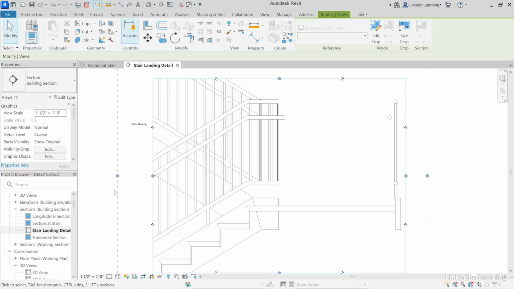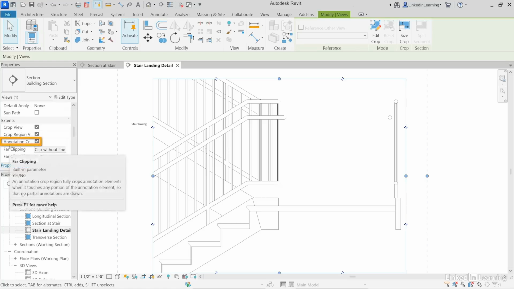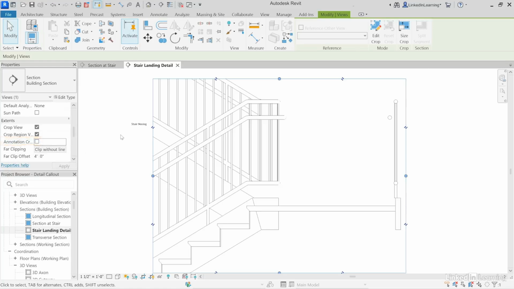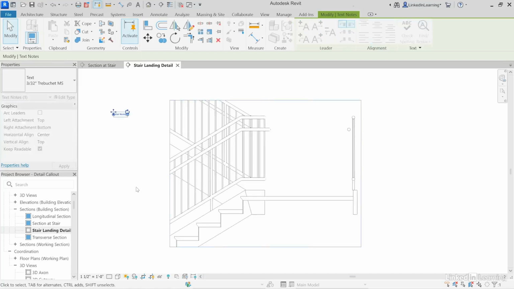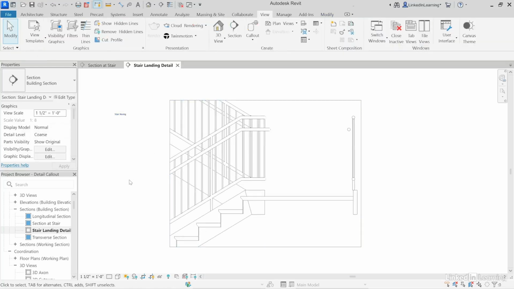It turns on by default, but you don't have to leave it on. And I don't think it really contributes much to this detail. So I'm going to scroll down here to extents, and annotation crop is right there. Just simply uncheck it. That dash box will disappear. And now this stair note can go anywhere that I'd like it to go, and it will not be cropped